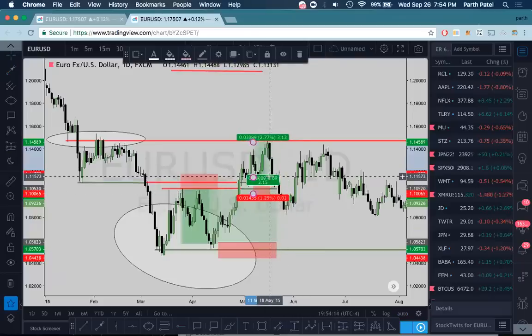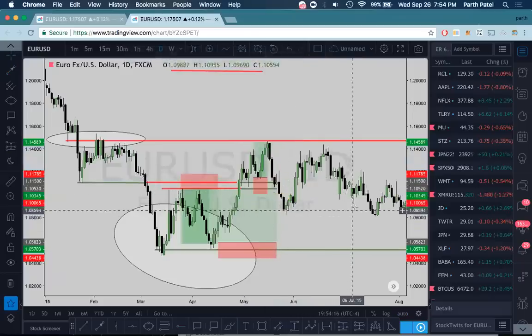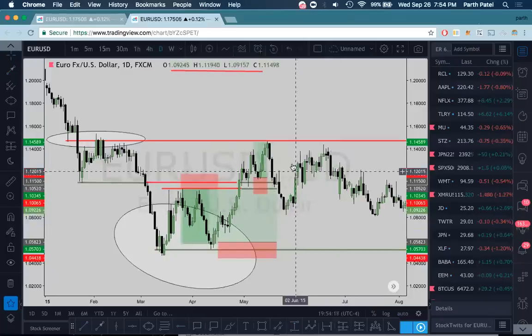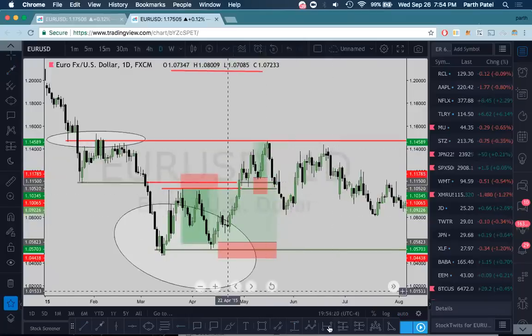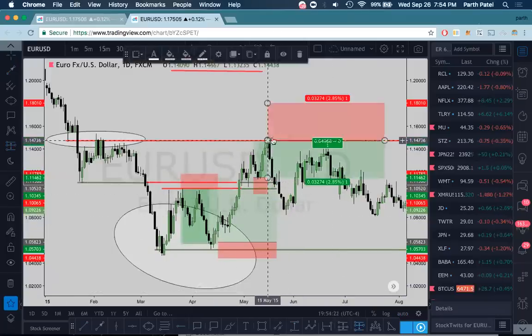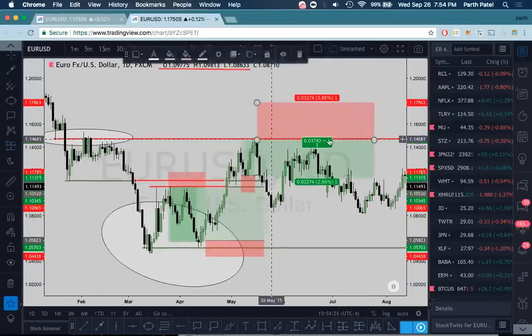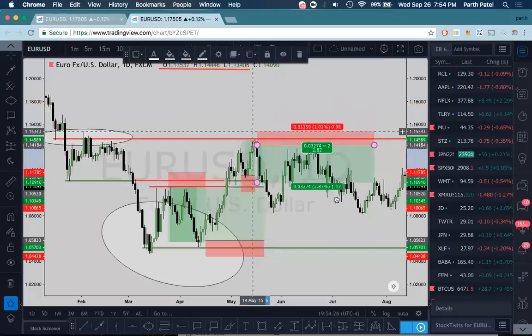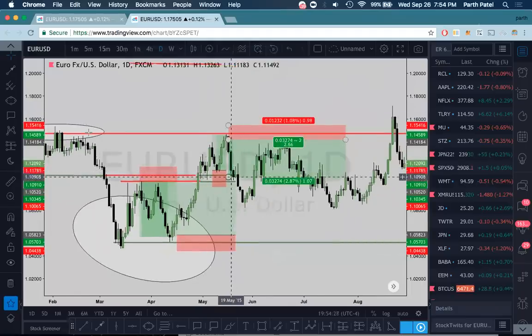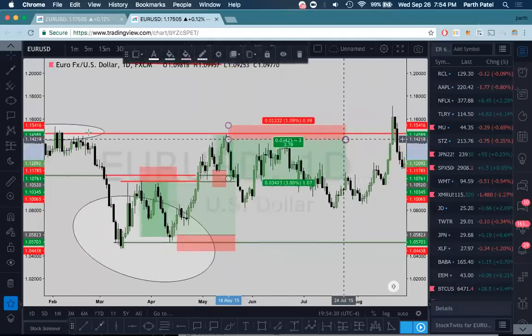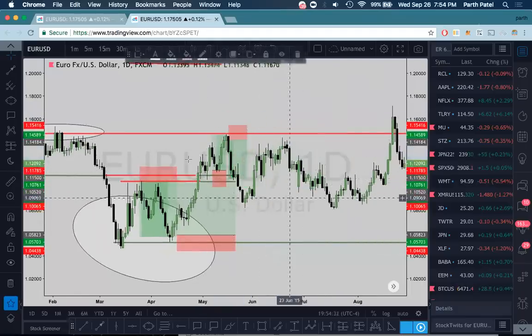So we hit our target really quickly. And then once we rejected off of there, we could have clearly taken the sell right off of there if we wanted to. Or if we were a little later, let's just say we got in right there. Our stop loss would be above there, and our target would be this green. And then once we broke